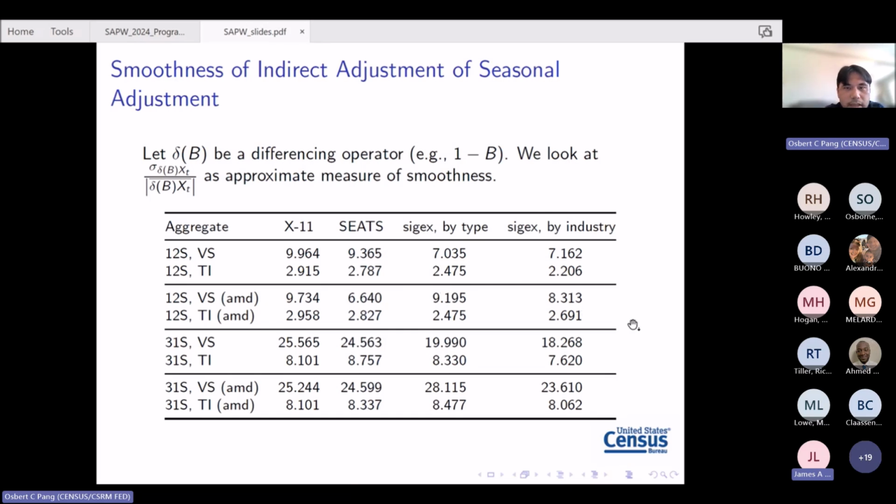And in general, for the indirect seasonal adjustments, at least for total inventories, there's not a huge amount of difference. For 12S, it looks like if you force an airline model, it's a little smoother if we're doing it as a bivariate fit. If we're doing it with AutoModel, it looks like